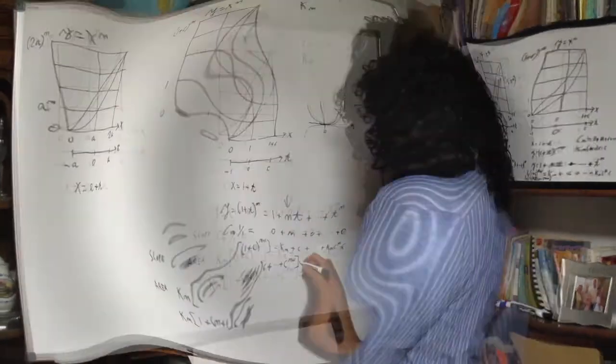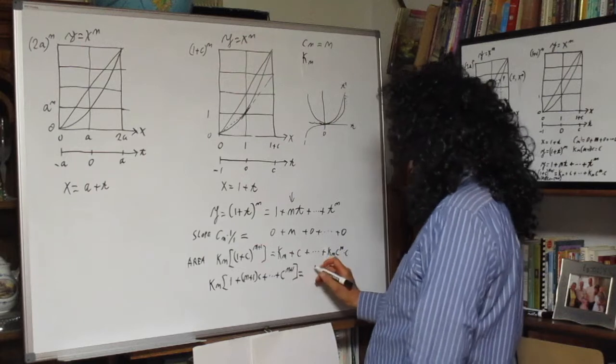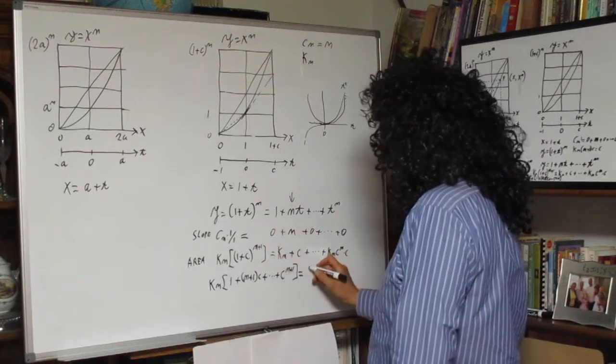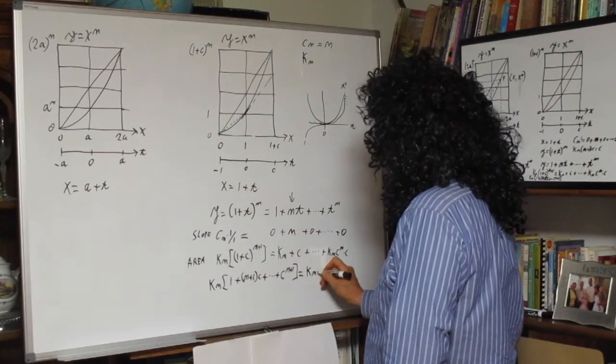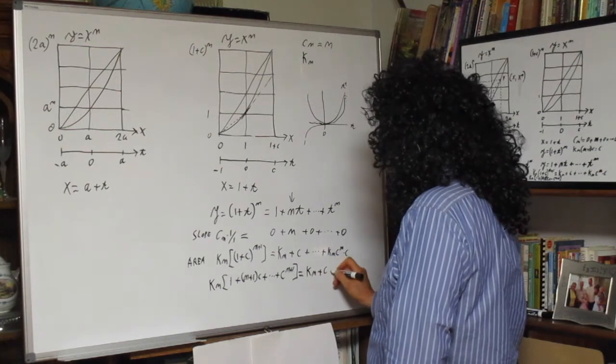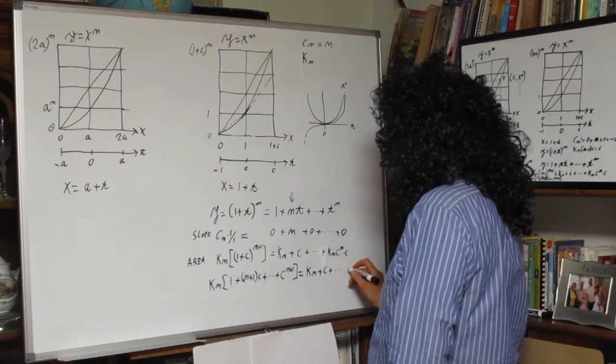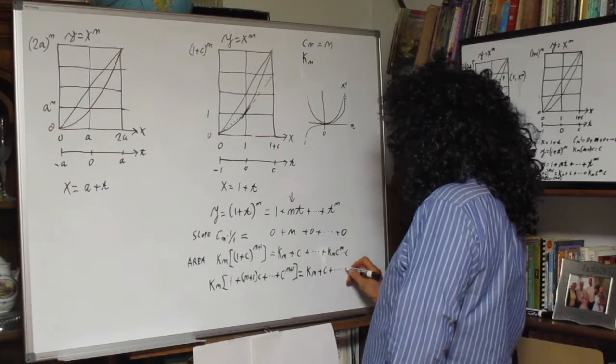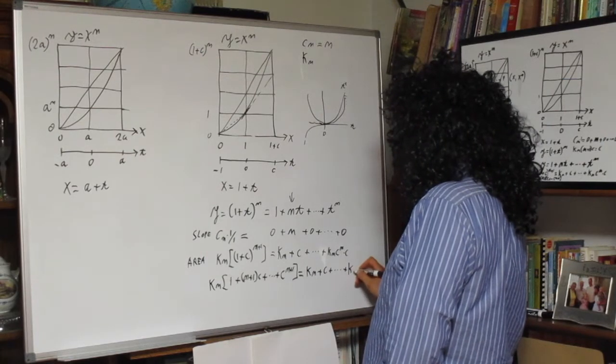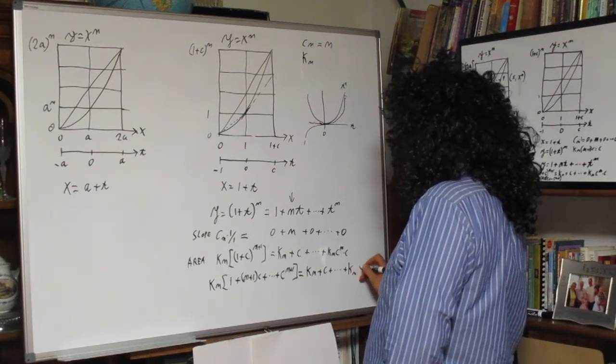Okay? And that equals the stuff on the right. K sub n plus c plus a whole bunch of stuff that doesn't matter plus k sub n c to